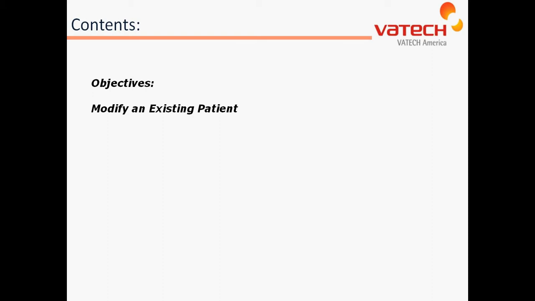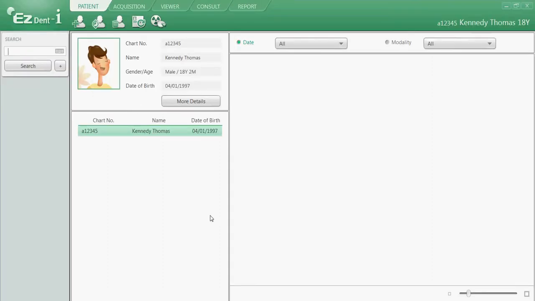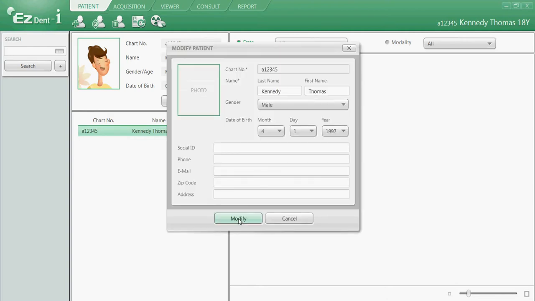Objective number 2, to modify an existing patient. To modify an existing patient, we'll work with this patient chart for Thomas Kennedy, and we'll assume that the birth date here is not correct. To change this information, navigate the mouse to the icon in the toolbar, and a window will appear telling you to modify. When you left click, this will open up the Modify Patient window,